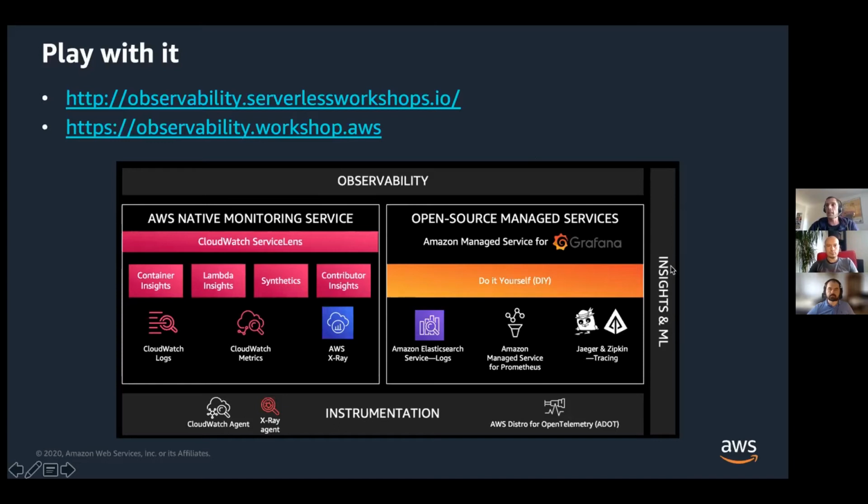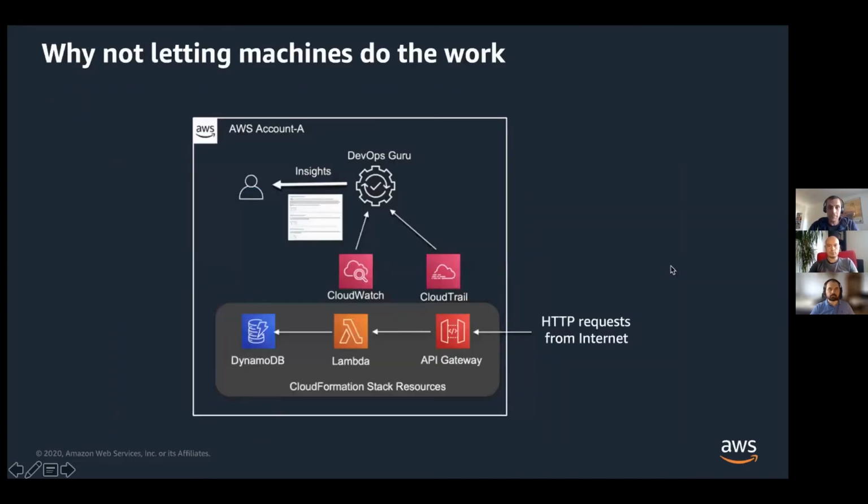Just one other thing I wanted to mention is a new service that came out in the AWS portfolio at the last re:Invent, which is DevOps Guru. Where I find it interesting is that it's bringing a new element to the observability aspects.